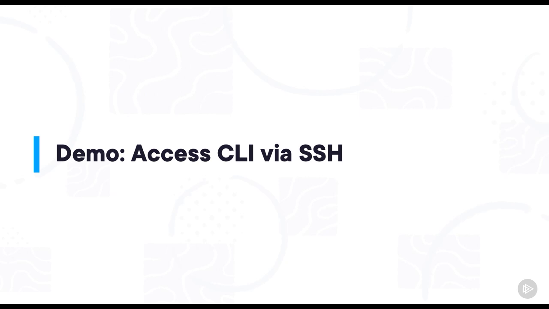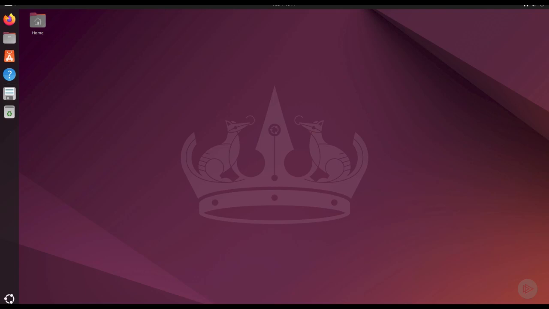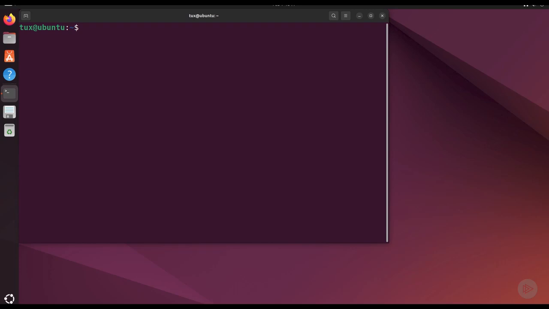So now we want to get the look and feel of accessing our server via SSH, the command line only interface. Now look at this. We always like a recognizable face, and we know where we are when we see this desktop. So let's open up our command line, Control, Alt and T, and let's investigate for services that are listening on